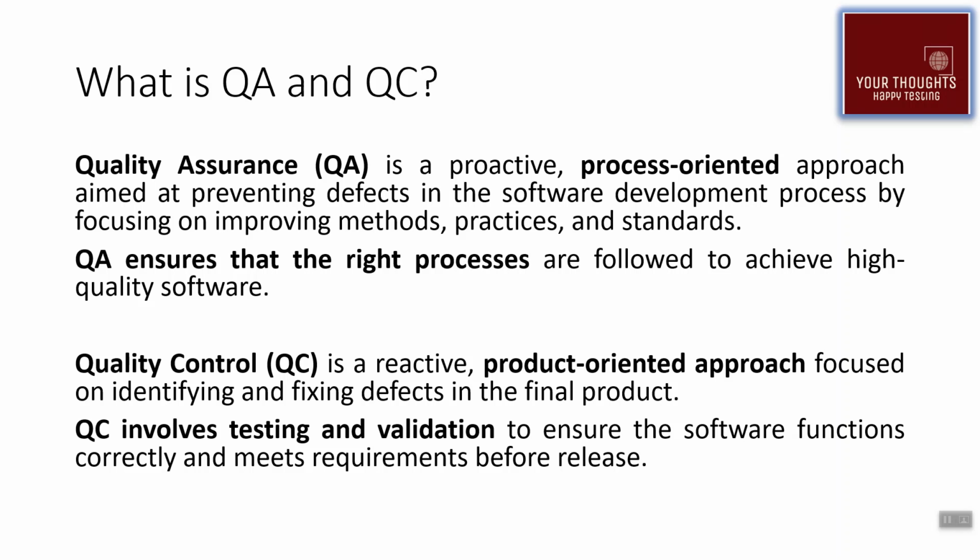If we consider this in QA, we write down all these rules and standards, and we make sure the password should be stronger, and that's how we can prevent bug injection in our development process or in our product. In QC, when the product is developed keeping those standards which we defined for the password, we go and execute them one by one and see whether the developed product is right according to the given requirement or not. That's how QA and QC are different and work in software testing.